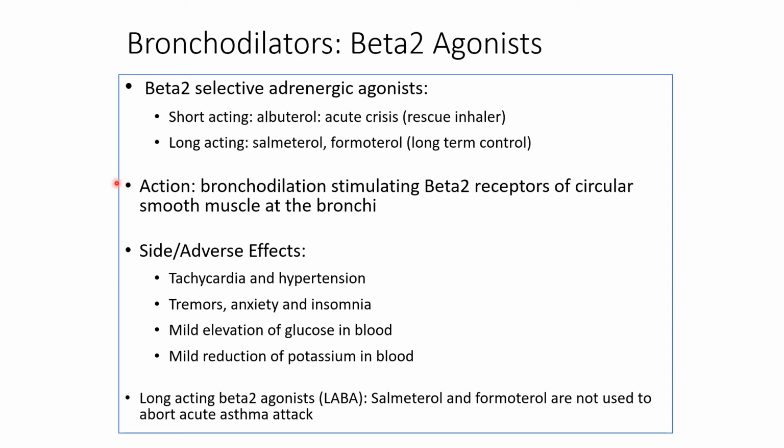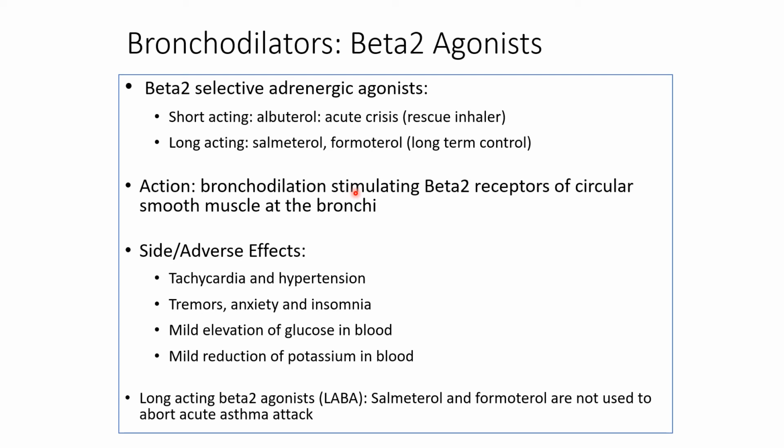How they work, they stimulate the beta-2 receptors in the bronchi, relaxing the smooth muscle of the bronchi and opening the bronchi. They have a little action in the beta-1 of the heart, so they produce a little increment of the heart rate. The patient will experience some tachycardia, some palpitation. Patients that suffer of hypertension could have a little increment of the blood pressure because these are kind of medication that are like epinephrine,